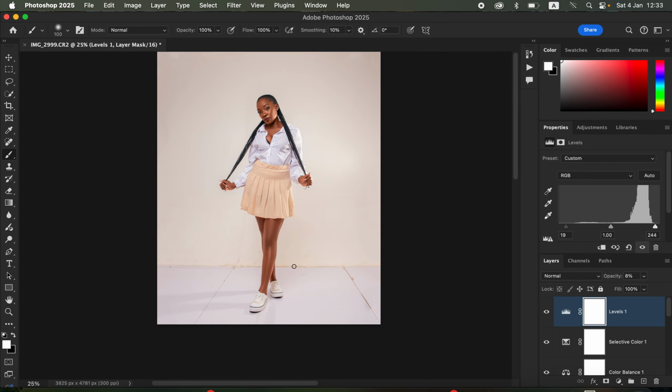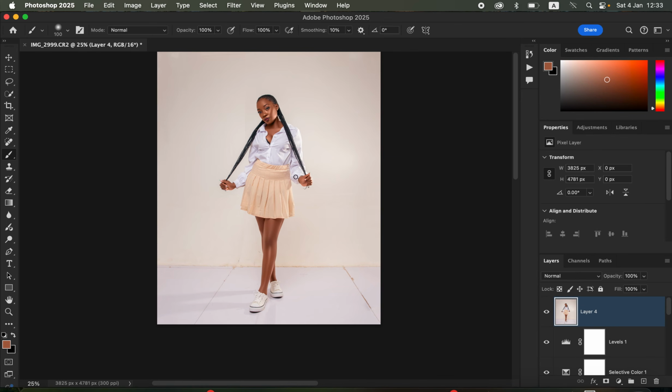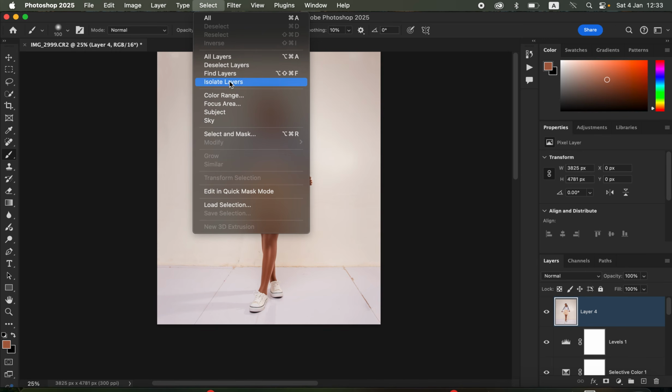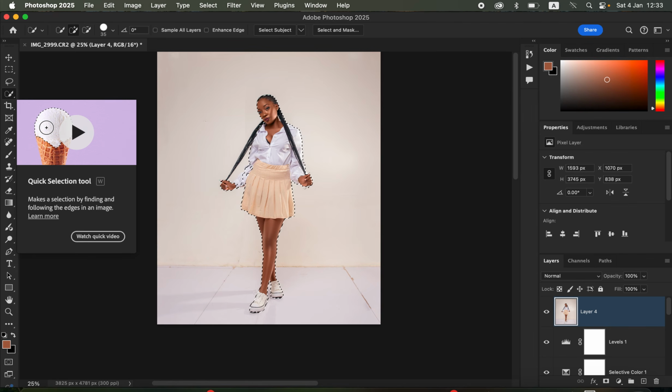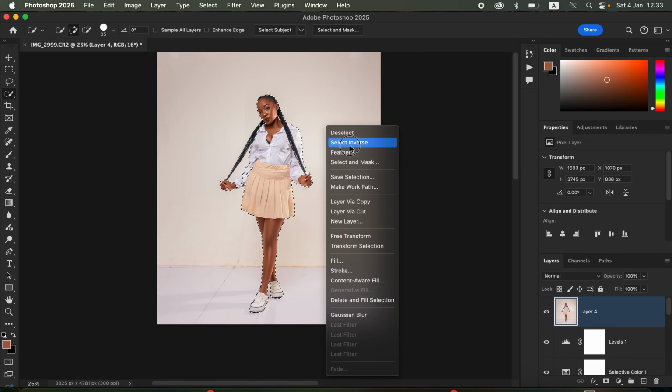So right now we just want to work on the background. So in order to work on the background, we're simply going to create another stamp visible layer by pressing Shift Option Command E on the keyboard. And when that is created, simply come to select and simply come to subject to select the subject. And when the subject is selected, we just want to invert the selection. So just come and select the quick selection tool and simply right click and come to select inverse